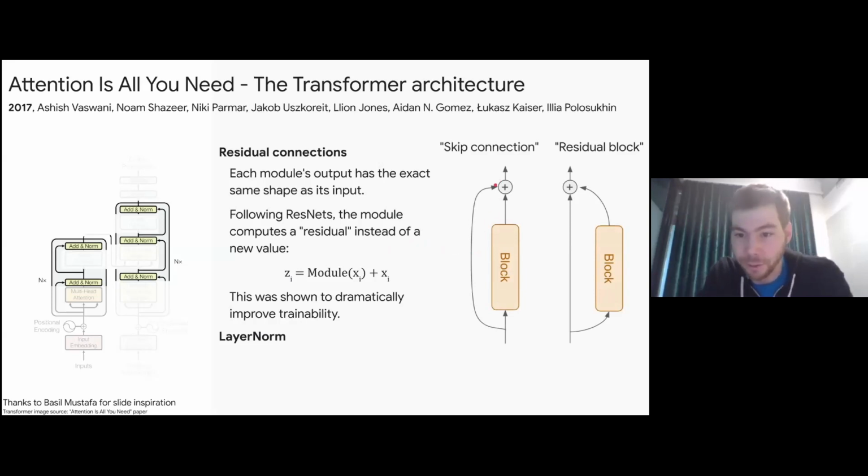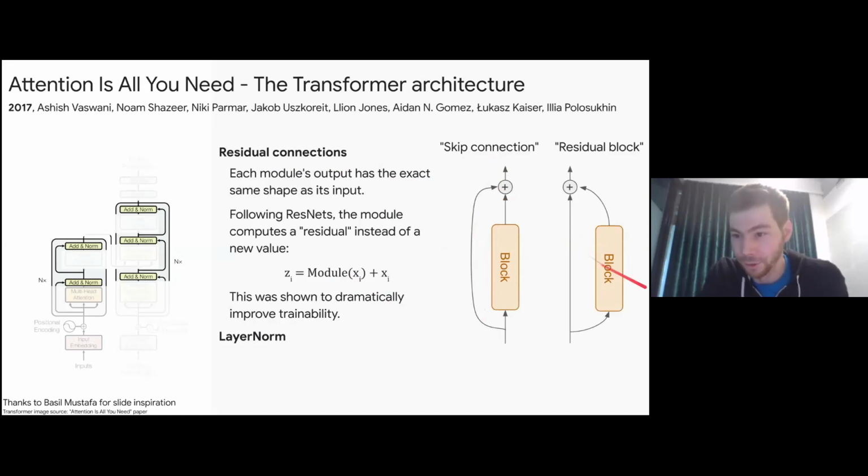interpretation of it. Both of these pictures are the exact same thing. Usually this one is shown in papers, presentations, lectures, and so on. And it says, okay, skip connection is this residual connection. And this is exactly how we read this, right? You have this processing block, and to its output, you add back the input. I don't like this view.